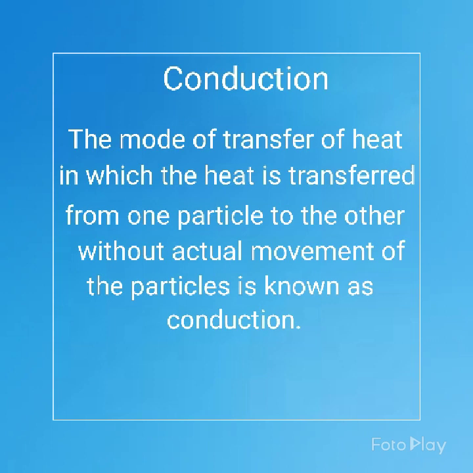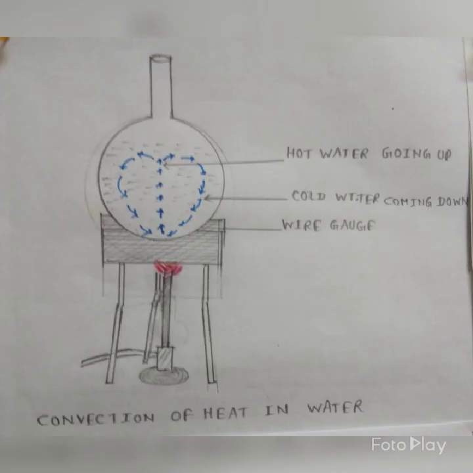So, next we will see another activity. For this activity, we take a round bottom flask and fill it 2/3 with water. We place it on a tripod. We have to put a crystal of potassium permanganate at the bottom of the flask. Due to this potassium permanganate, the color of water will become sky blue. Now we heat the water by placing the candle just below the crystal.